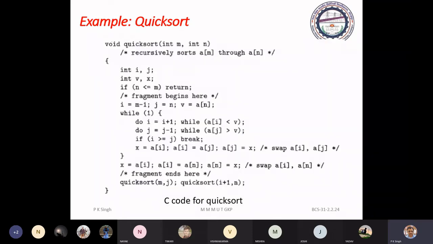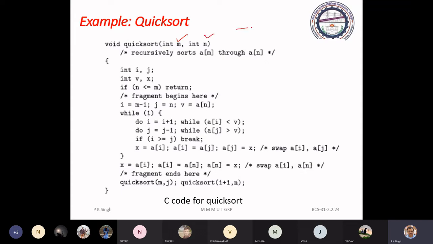Now see an example. This is a quicksort function in C language. We have low, high.